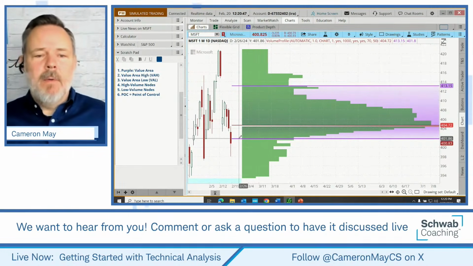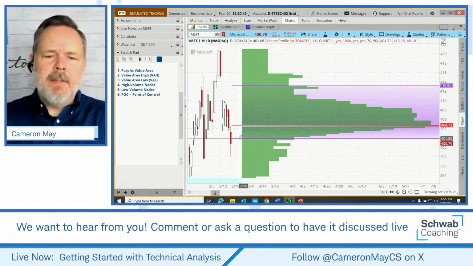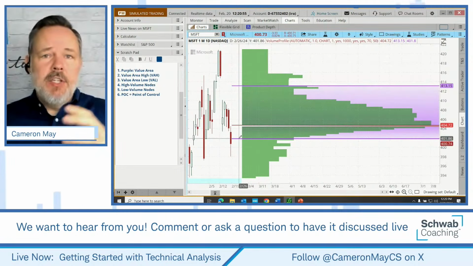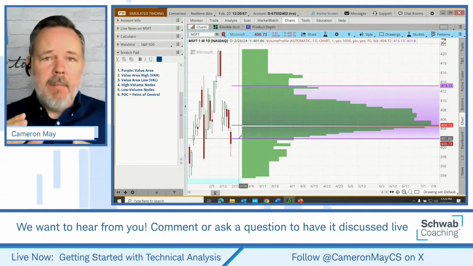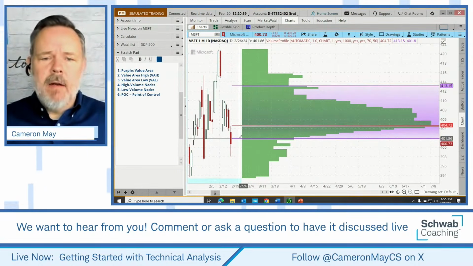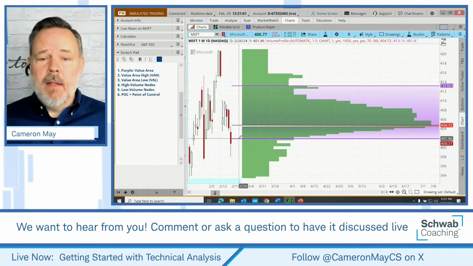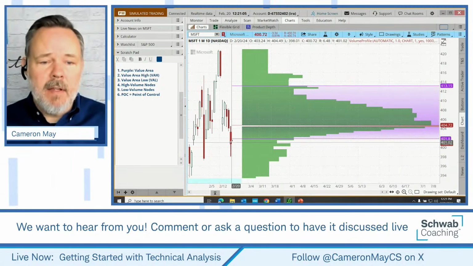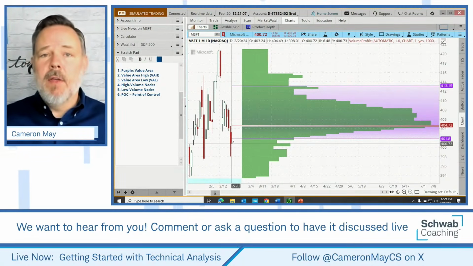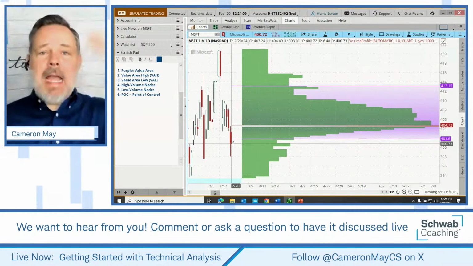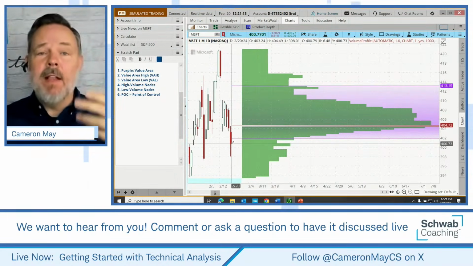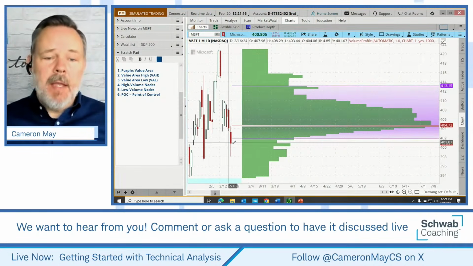Okay, so now that we're looking, I'm going to stick with this time frame. We've seen how the indicator adjusts to fit the selected time frame. And let's talk about how a trader might trade this. Well, they might look for low node areas. And interestingly, if we look at where price is right now, would we say that it's in a high volume node area or a low volume node area, relatively speaking? Well, it appears to be